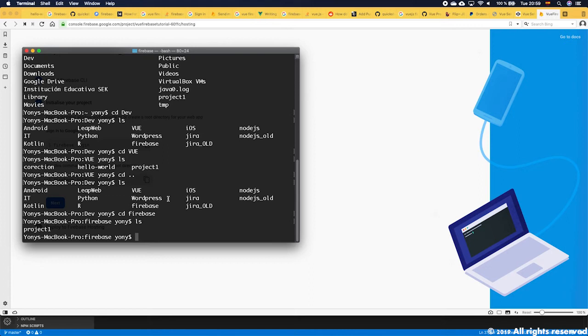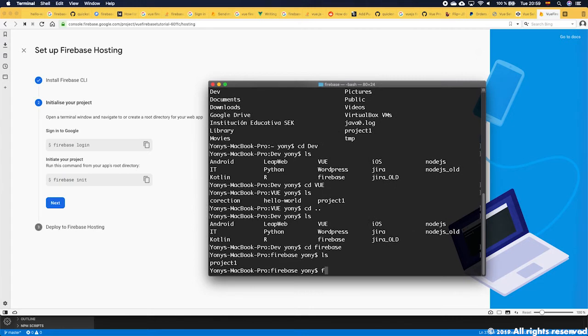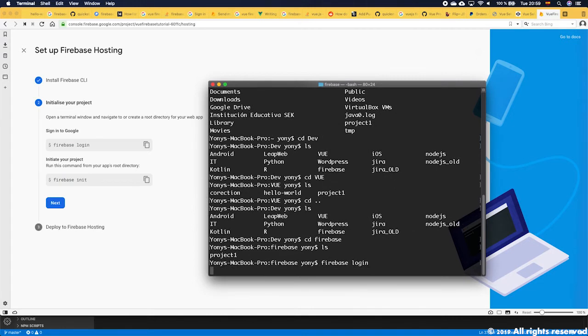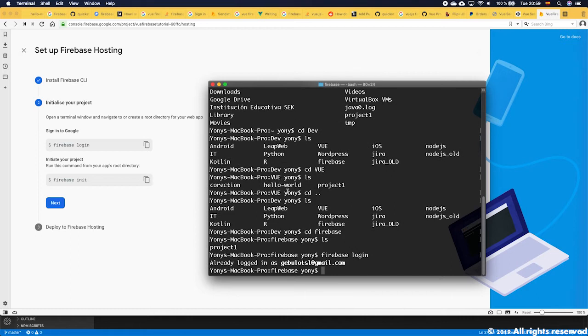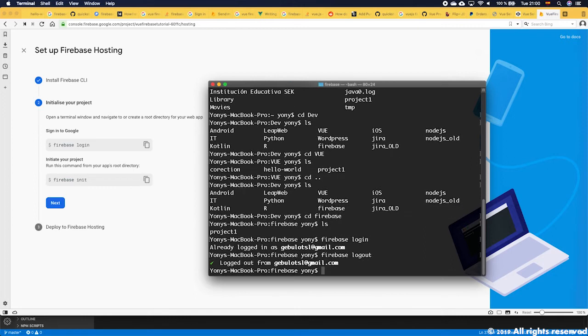So the following thing, once I have a folder called Firebase, is to execute exactly what they tell us: firebase login. Probably it will tell me I'm already logged in, and I think I'm logged in with the wrong user. I'm going to log out, sorry. Okay, so logged out. So if I execute login,